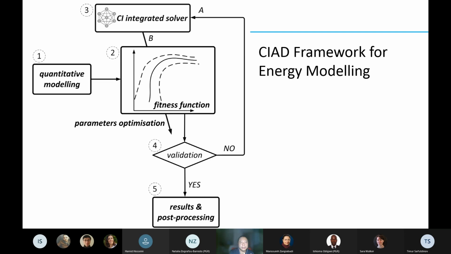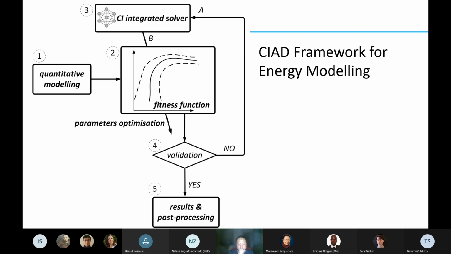We have a model at hand with parameters controlling the model, and then number 2, we move on to the optimal design, supported by block number 3. The CI integral solver means a set of artificial intelligence algorithms, which you can think of as just AI algorithms.